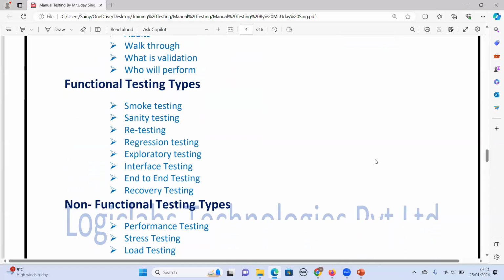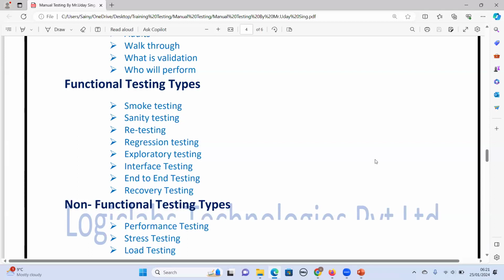When it comes to functional testing, I'll explain what smoke testing, sanity testing, retesting, regression testing, exploratory testing, interface testing, end-to-end testing, and recovery testing are. Also, there are more than 100 testing types. Remember this. One of them is monkey testing. I have only selected some of them.